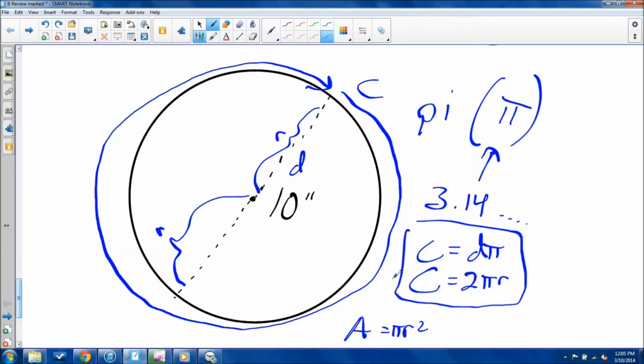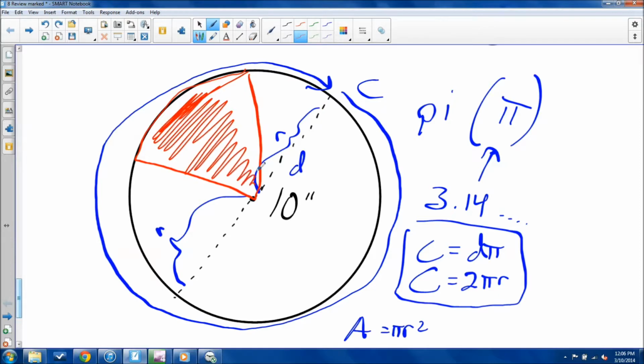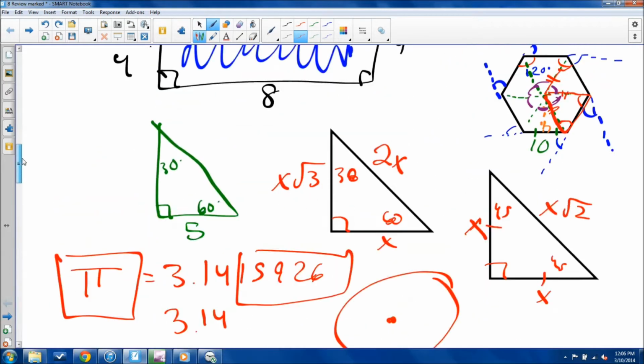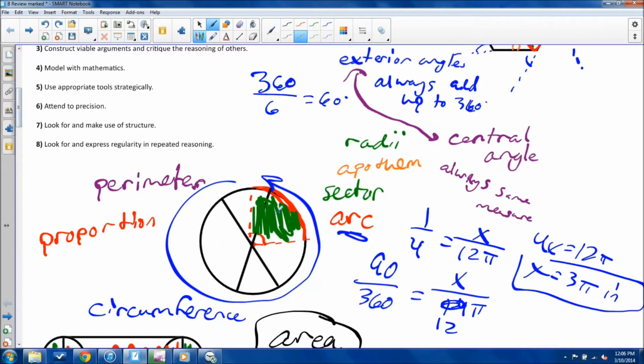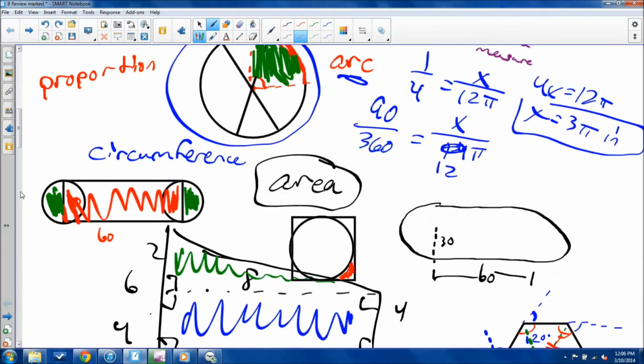So you have these two different methods of finding these two different things. But now what we're going to do is take portions of our circle. What if I wanted to find the area of just this, what we call a sector right here? We talked about sectors earlier. Find the area of a sector, this green thing. Find out what portion of my circle do I have covered. And it's based on your central angle. If I find out what the central angle is down here,